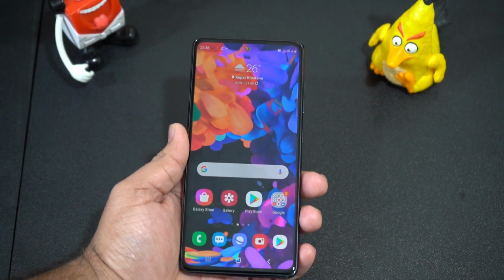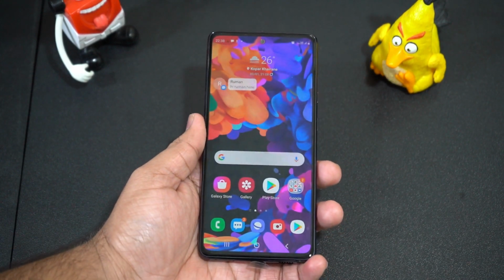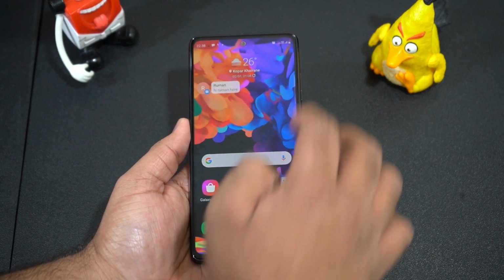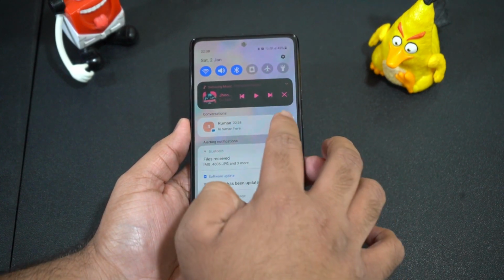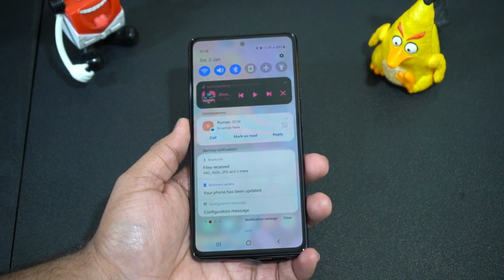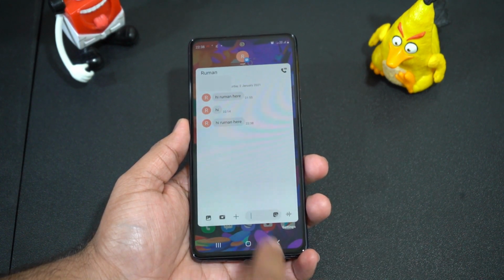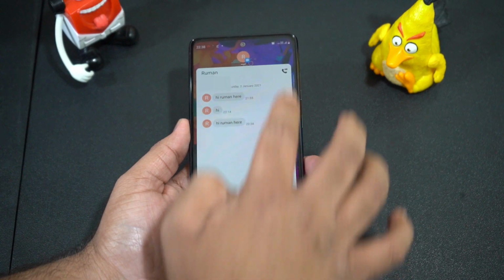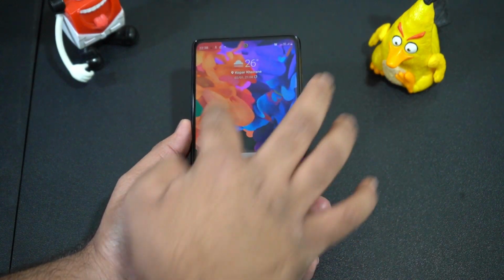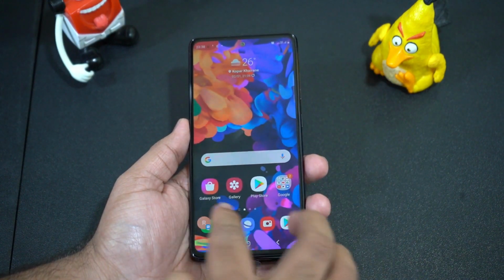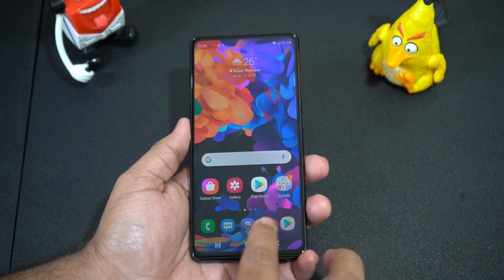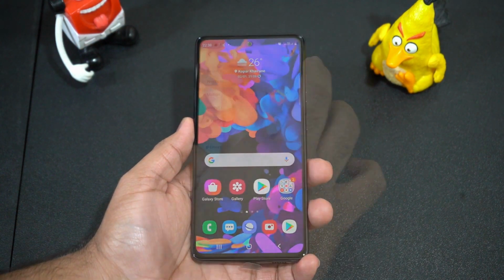The next new feature is the notification bubble option, and I'll show you how to activate it later. First I'll show you what it does. So if you get a text message, you can go to notification panel and expand the messages. Then there is a button to activate the bubble window, and when you press it, the conversations open in a bubble window and you can reply from here itself. Also, if you click the back button, you have the chat heads on your screen, much like Facebook Messenger chat heads. You can move it anywhere or swipe it down to close it.